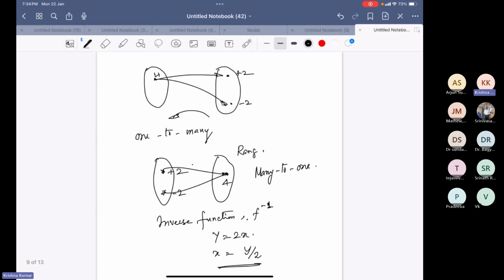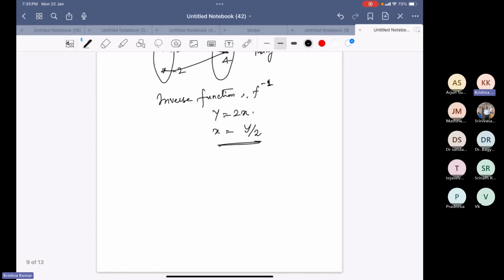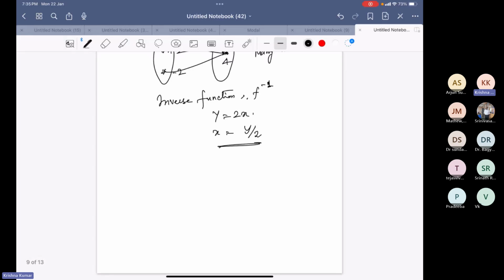So that becomes an inverse function. This kind of one-to-many and so on will have trouble in getting you an inverse function because I can't get a unique value. So for the time being, we will say that one-to-one functions are the ones, we'll put some restrictions later, that are amenable for inverse functions. These functions are the ones we plotted as a graph.